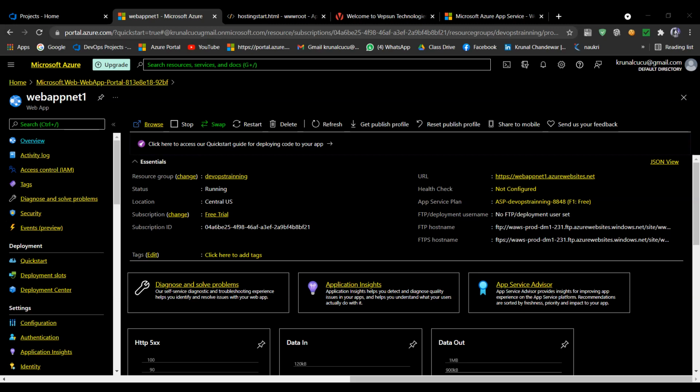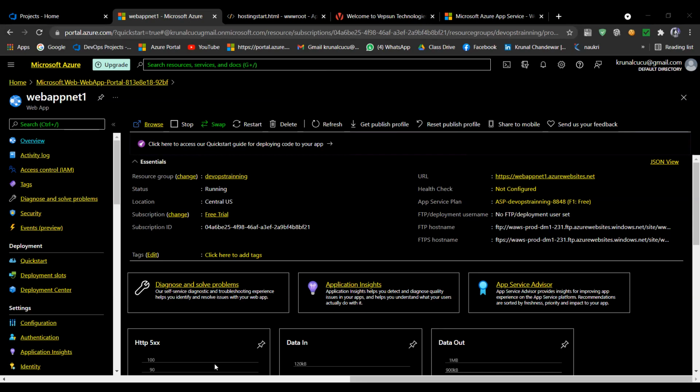So these are there. And the most important thing here is our app service plan. What is an app service plan? It is a pricing tier, meaning you are billed with the help of your app service plan only, and your location, your features, your cost, and everything is included here.